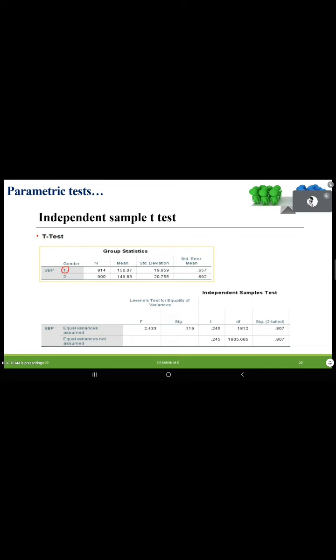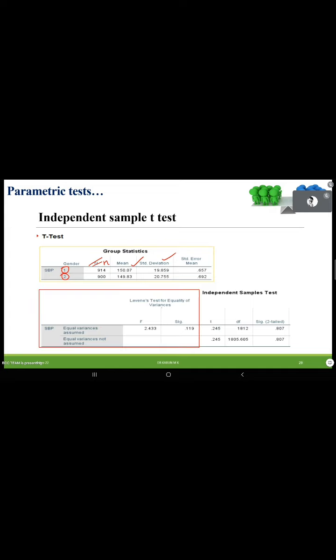We have two groups, males and females, and the software will display like this. So here, this is very important. You should report the mean and the standard deviation for both groups with the n. Whenever you write the n, better to use a small letter n. Usually the capital letter N is used for the population size. It should be small letter n for sample size. So how many males are there? How many females are there? What is the mean value? What is the corresponding standard deviation? Like this, we should keep the output. So these are very important. This is the SPSS output only.